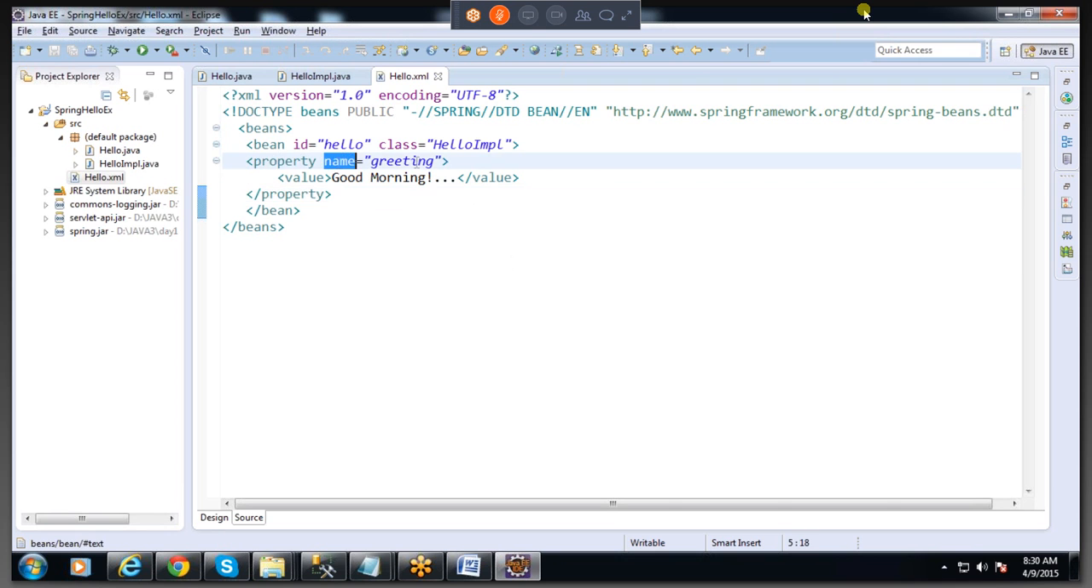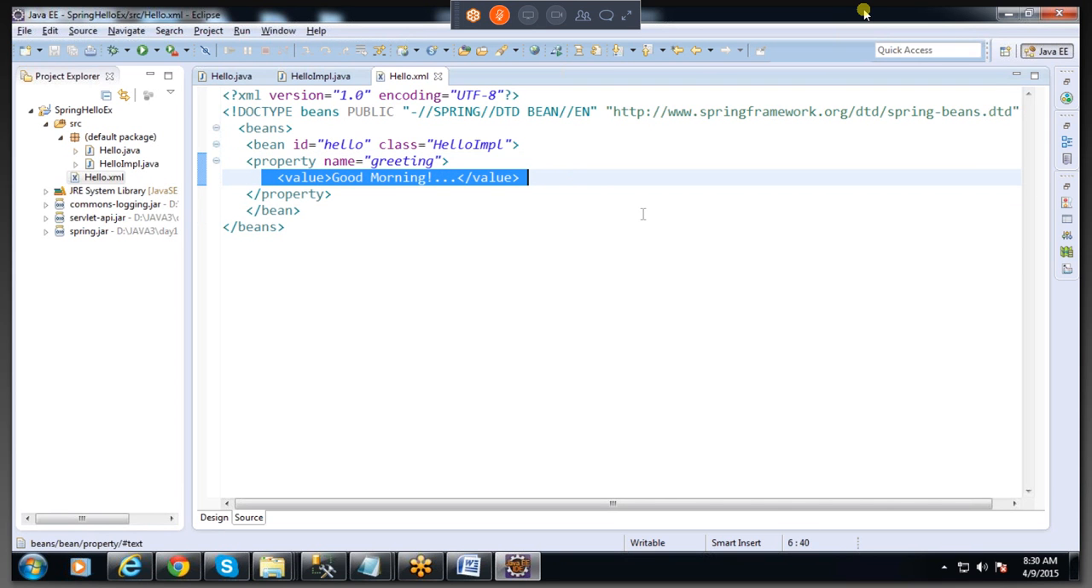So now see we have here property name equals greeting, value equals good morning, fine. Now in this application layer, what I want to do here is